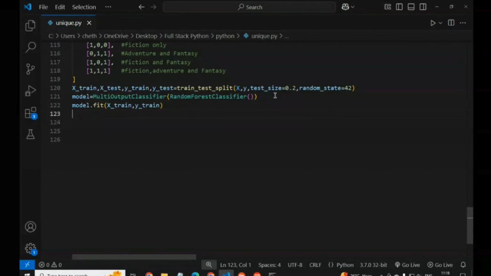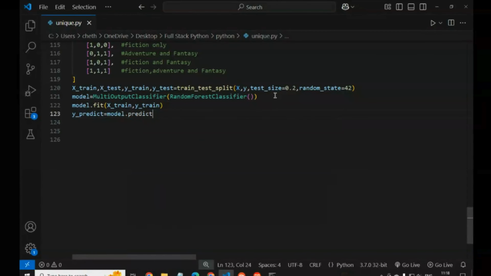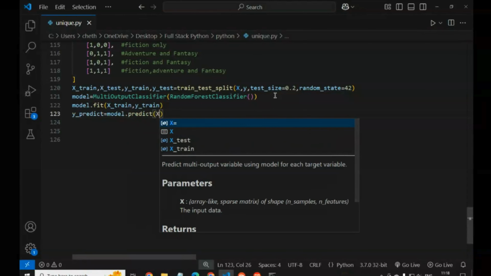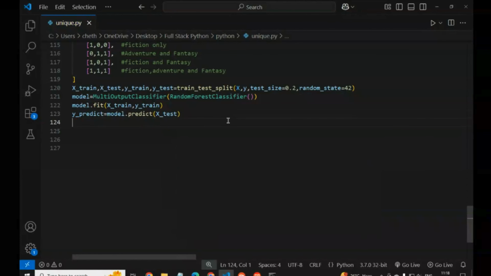After this we have to predict. So here we write y_pred, we create one variable for that, using model.predict on x_test. Then we have to evaluate the model.